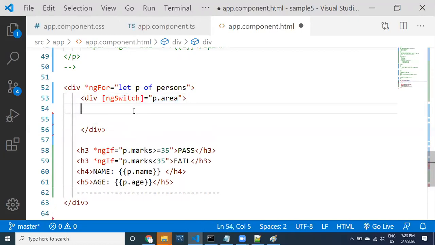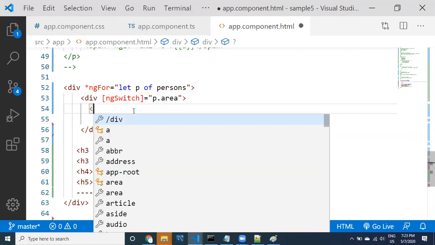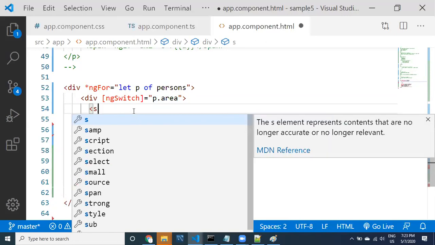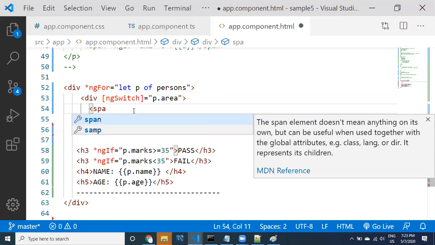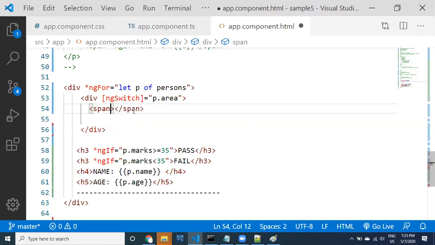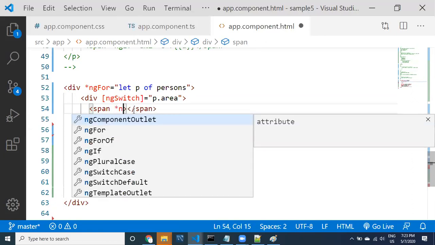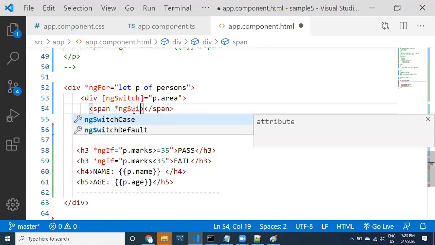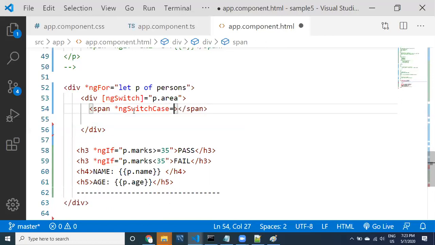Inside that, you may provide a value. To print a value, let me take a span. Here I'm going to provide ngSwitchCase equal to, if area is A, a, it's a string, right?